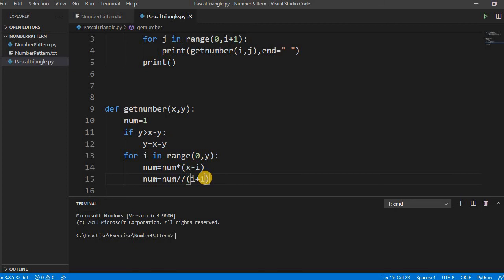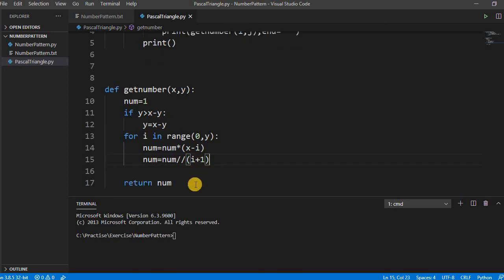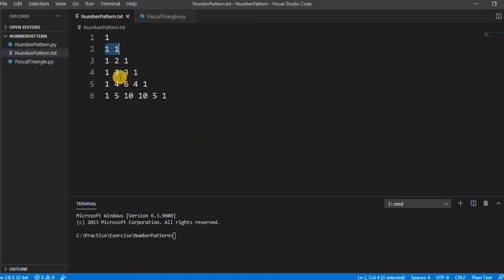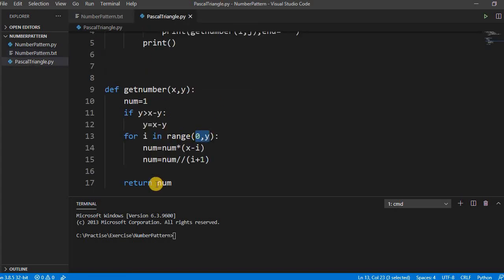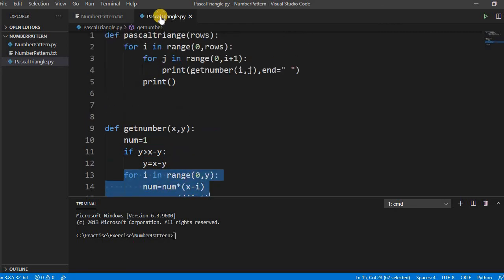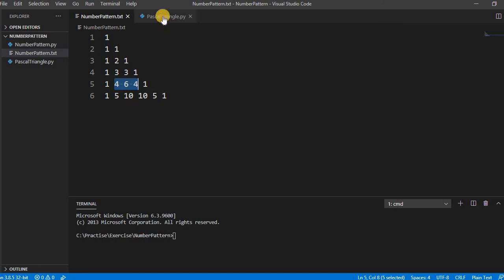This is simple, because we have to only calculate the values inside. For the edge values, by default 1 is there, so it goes to num equal to 1 and returns. It will not go into this loop. This is only required when we are moving to the inner numbers, right?